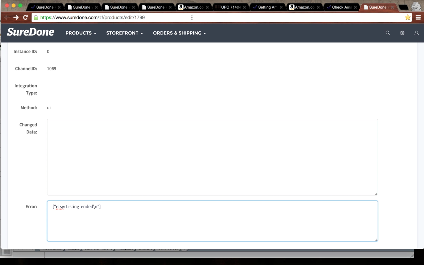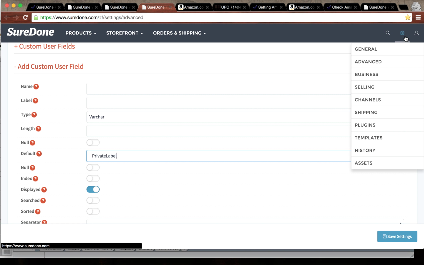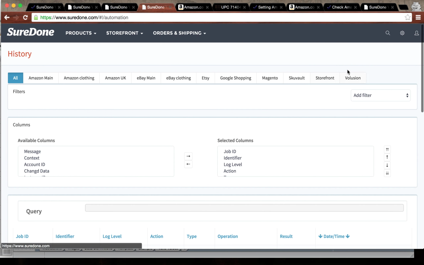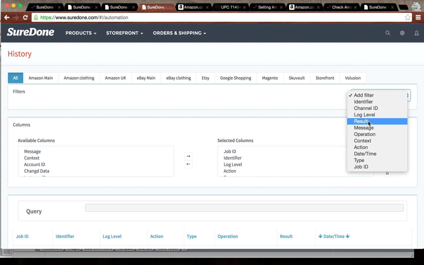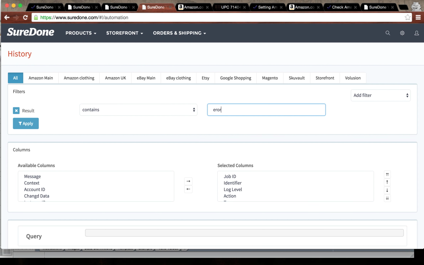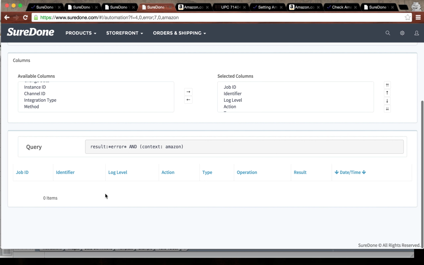Now, of course, you don't want to have to check on every single item if you're doing a lot of listing. So what we have to deal with that use case is the item history. If you go to history, you can click here and add a filter for the result. You want to go to the result, contains the word error. And then you want to select the specific channel that you're trying to check. So if you're trying to check Amazon main, apply the filter, and it's only going to show you errors with